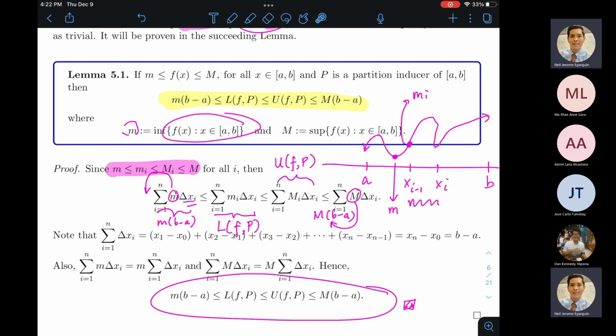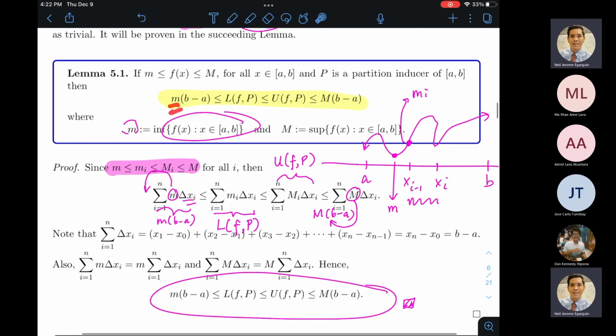And then hindi naman ganun kahirap siya i-imagine. Si M yung pinakamaliit sa buong interval AB. Etong mga L's na to, na ang pinagsasum natin dito, yung mga pinakamaliliit na rectangles on each of the subintervals. So pag kinuha ko yung height to be the smallest all throughout the interval AB, that will be a smaller area than the area created, or the sum of the areas created by rectangles taking the lowest function values on each of the subintervals as the heights. So I think yun yung naging argument natin when we proved lemma 5.1.